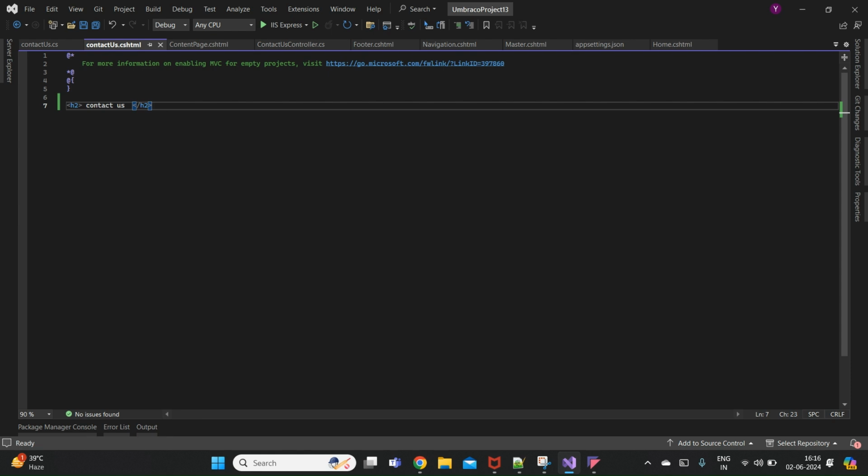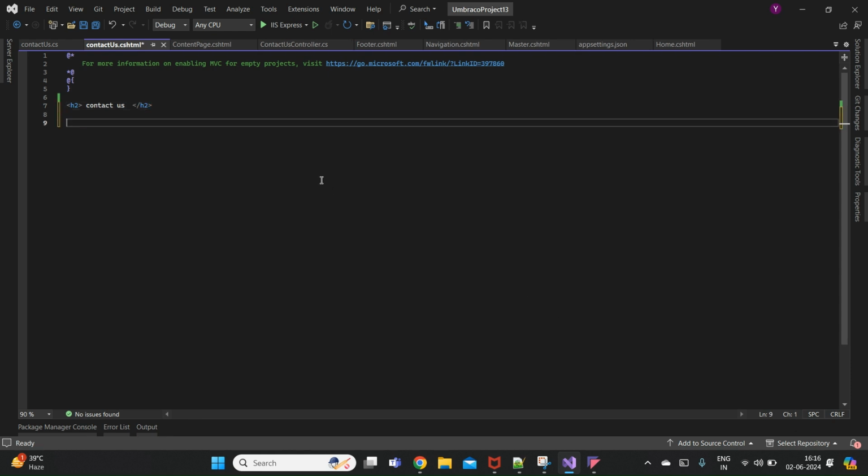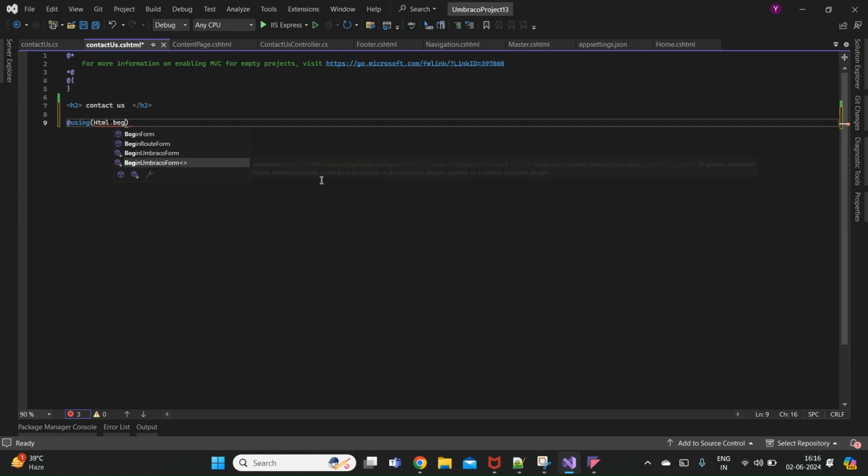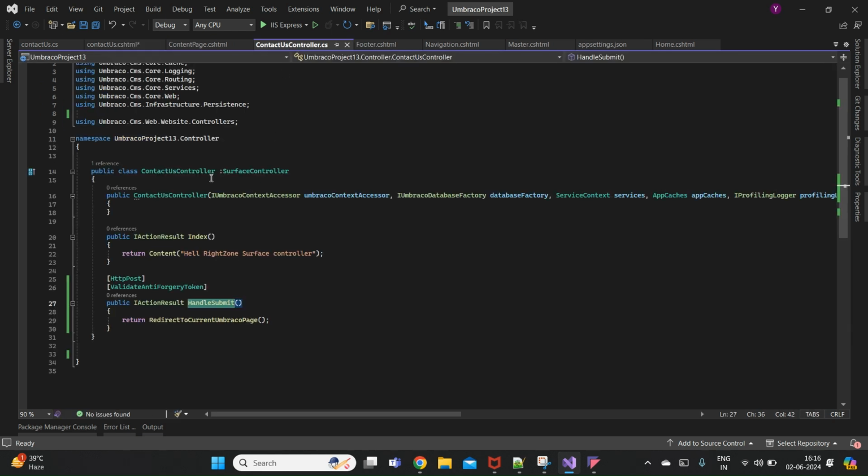In the partial view, we can use the Umbraco method, the same as the MVC method, either using Html.BeginUmbracoForm. We can add the controller name over here. The controller name is ContactUs. After adding the